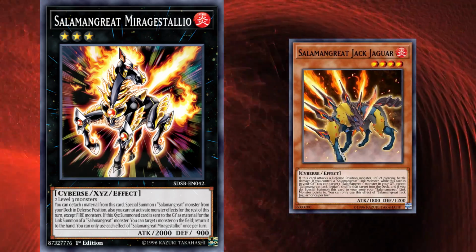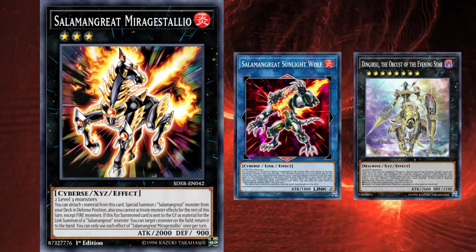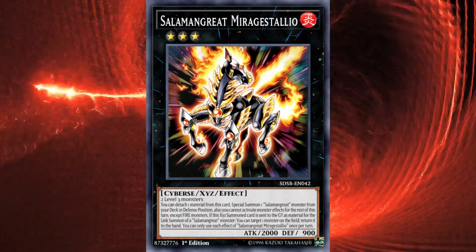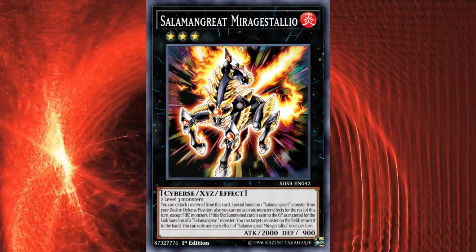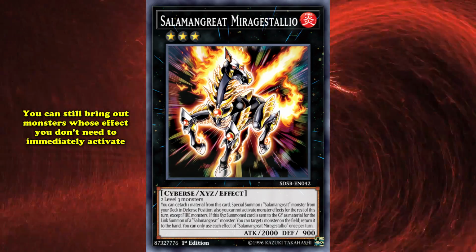At last, when you use it to go into Sunlight Wolf, you can bounce a problematic monster your opponent has with its graveyard effect too. Even this card's lock is not that big of a deal since it only prevents the effects of non-fires from being activated. You can still bring out monsters whose effects don't need to be activated immediately, such as Baguska or